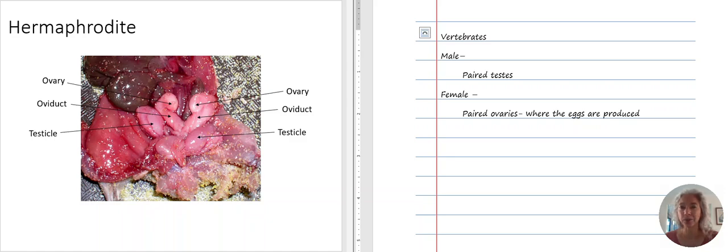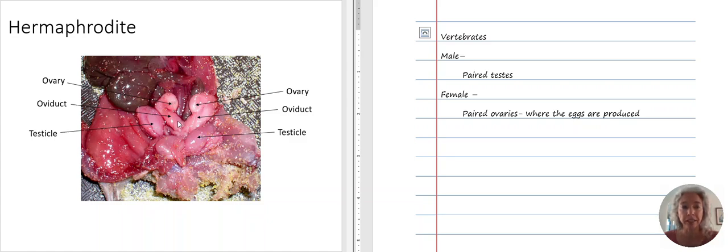Welcome. This lecture we're going to talk about fertilization and pregnancy. Most vertebrates have paired gonads, so they'll have testes in males and ovaries in females, with accessory structures used for reproduction. While hermaphroditism is not common, here you can see a hermaphroditic wood rat with complete sets of ovaries and